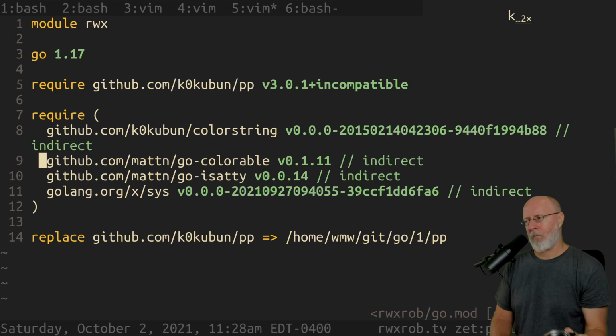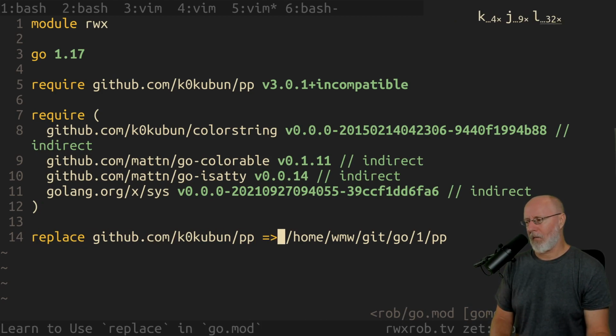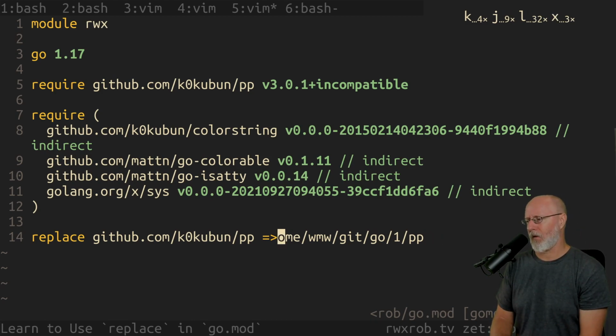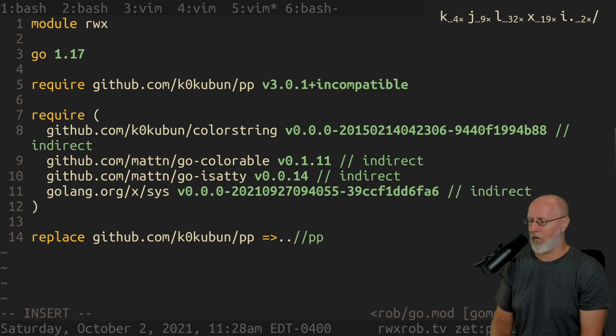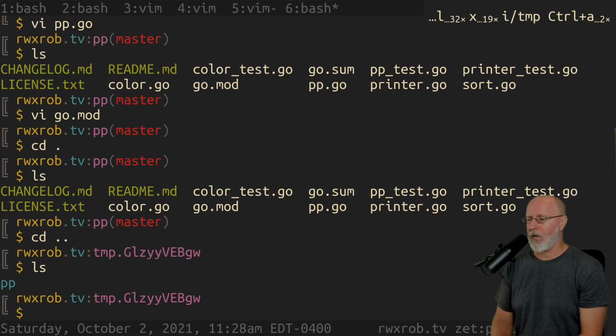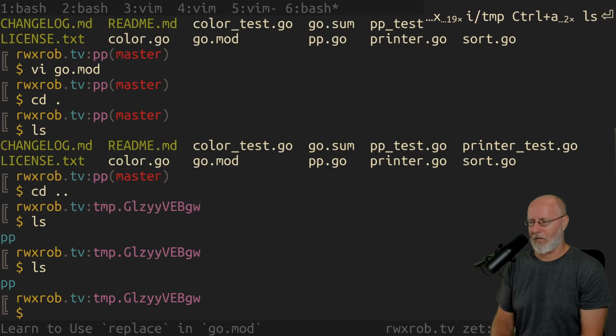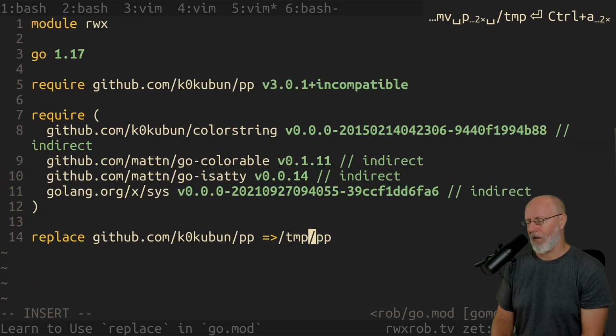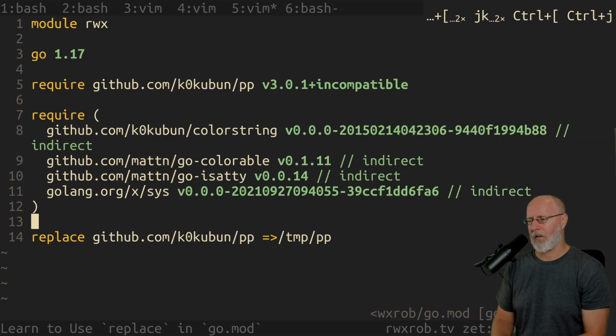It says replace pp with home blah blah blah, or in this case, let's do, well, there's really no way to know that. Temp slash pp. If we're going to do a true test, I want to do it right. So move pp back to temp. And go